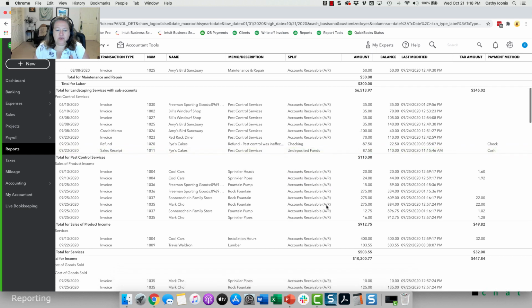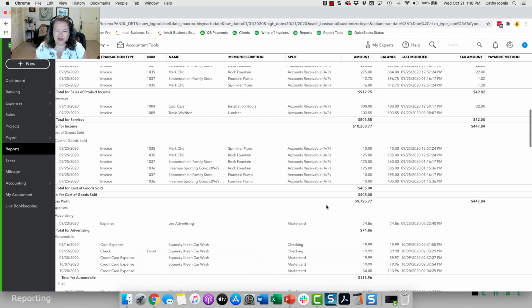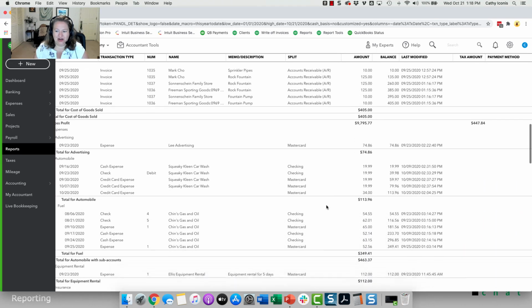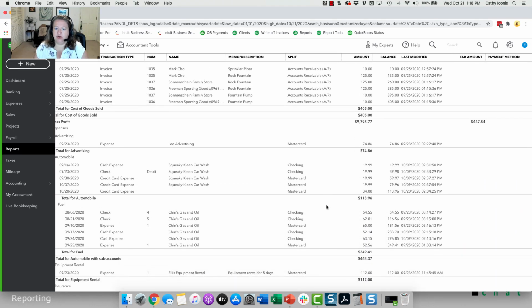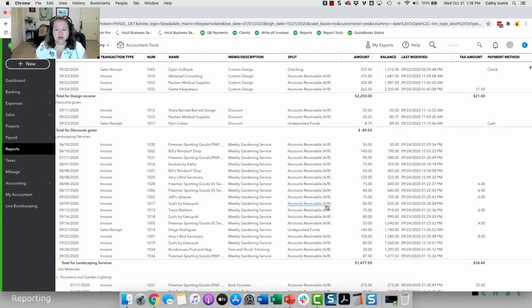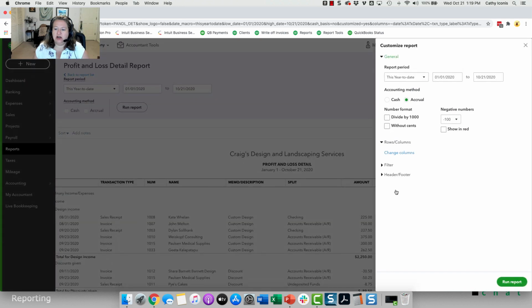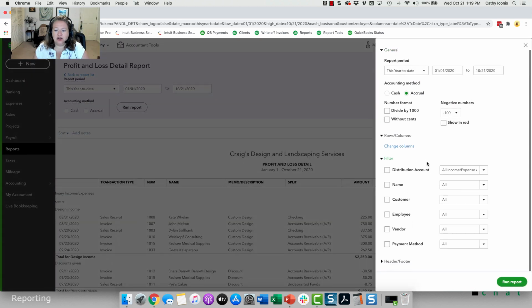Okay. So we have all this information. Cool, right? There's more stuff we can add to it, but these detail reports are obviously a lot longer than the summary reports because we're diving into everything. So if I go in here and customize and filter, this is where we see a lot more stuff on things. We can filter by customer,